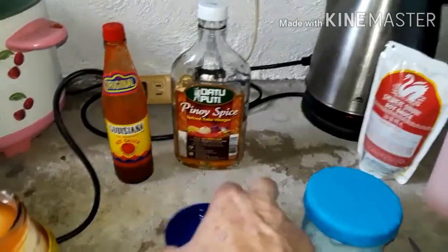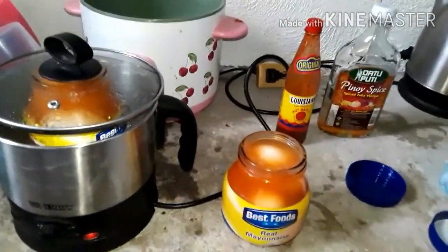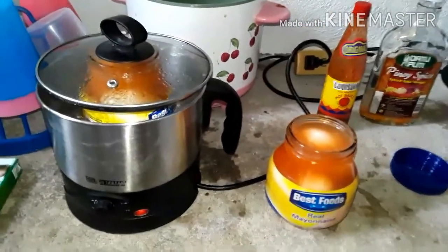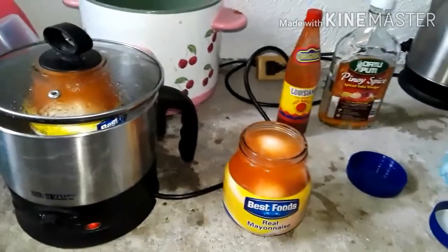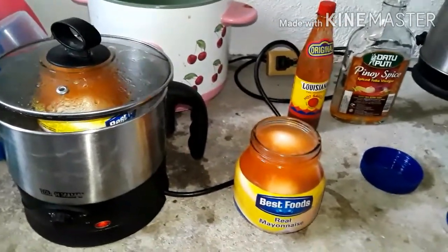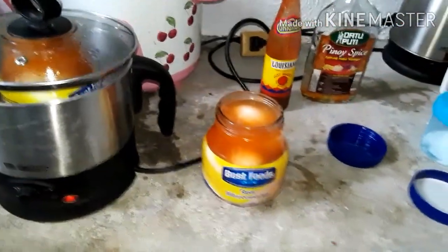Well, we're going to have to let it cool down a little bit because we have plastic lids here, which are okay. We don't want to melt the plastic. So, after your jars cool down, you put your lids on them and tighten them down. You still want your jars to be similarly hot, okay? But I'm going to have to let my jars cool down a little bit because I don't want to melt